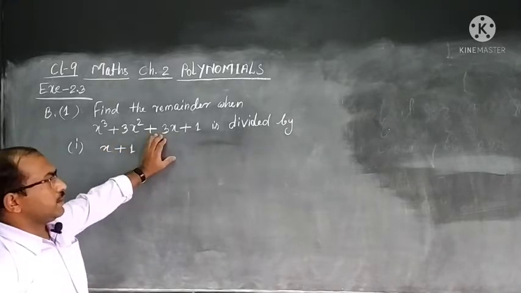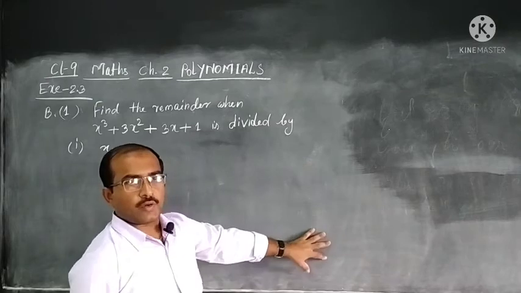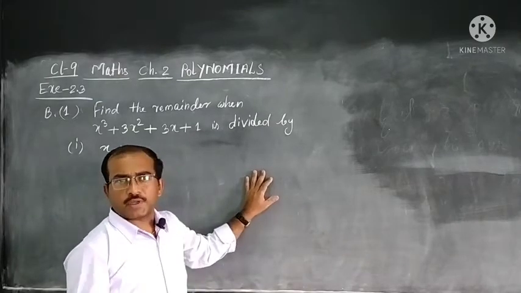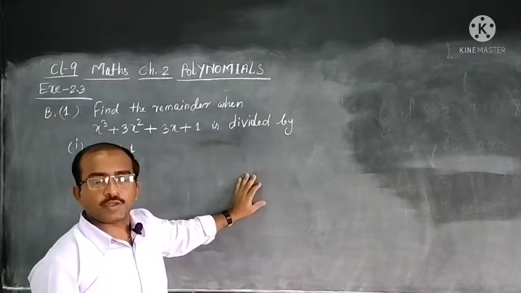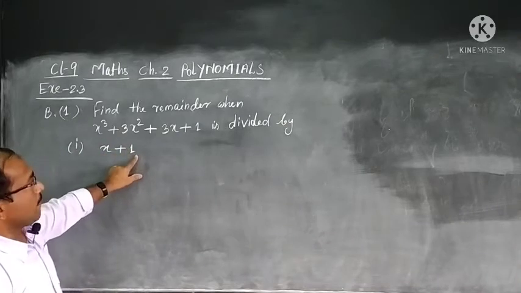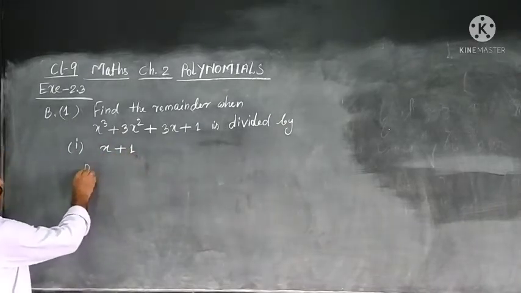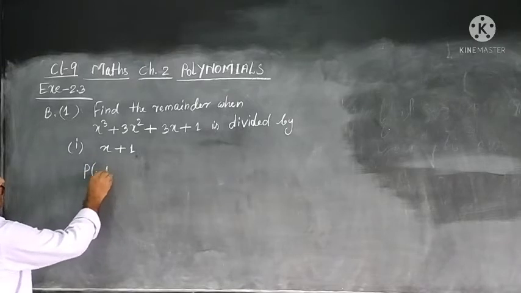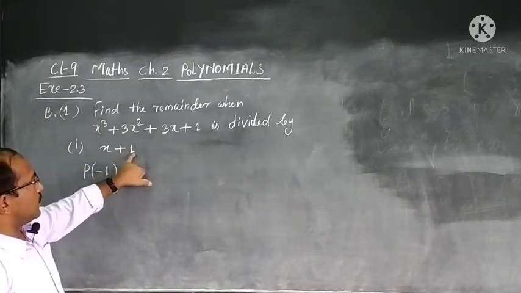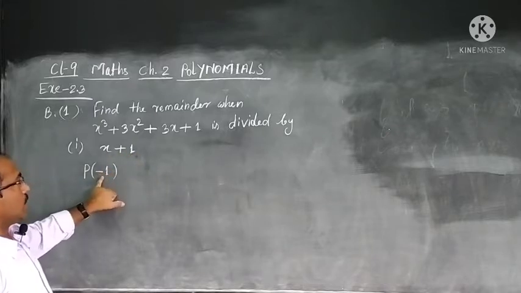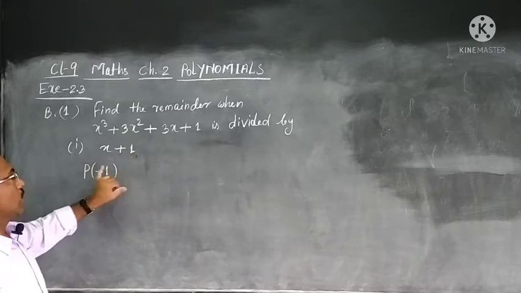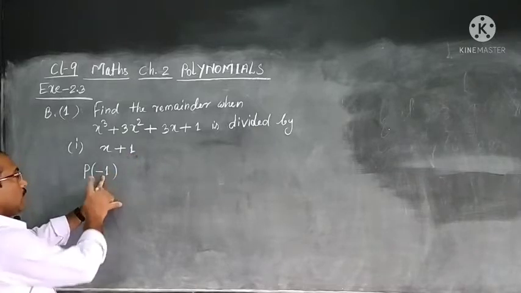If we divide this, that is time-taking work. Of course, we must know how to divide, but here the question is not telling us to divide and find the remainder. We are going to find it using the remainder theorem. So for x plus 1, by the remainder theorem we will use the zero of the divisor. The zero we will take is minus 1. We need to remember, if it is a positive sign with plus 1, we will use minus 1. Minus 1 will be the zero.